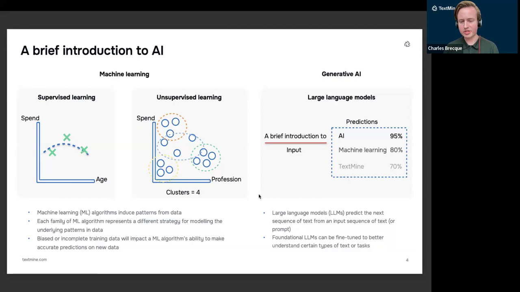The two main types of machine learning algorithms are supervised, where the target is known, and unsupervised, where the target is not known. Typically in an unsupervised learning setup, you're looking to cluster the data based on similar properties, and the algorithm will try to identify them. For example, if you had a customer base, the algorithm would, based on the number of clusters you're asking it to look for, group the types of customers based on spend or profession, etc.